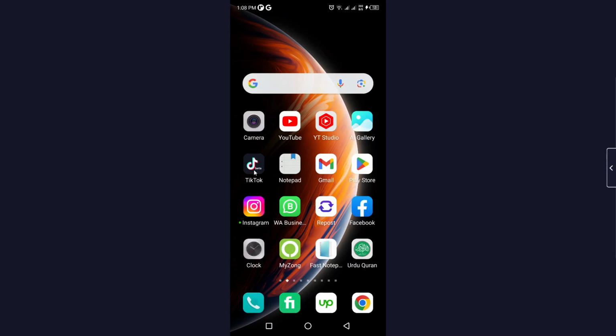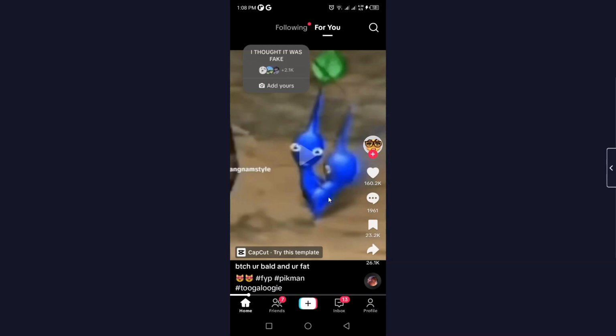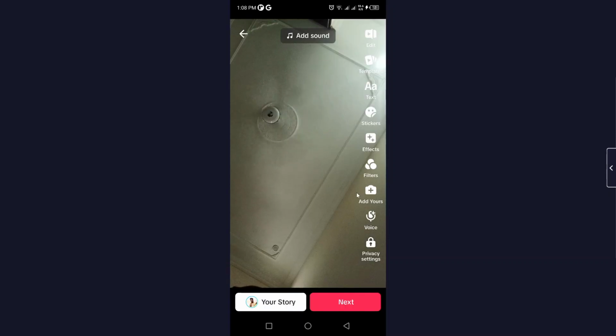So the first step you simply need to do is to open the TikTok application and click on Profile in the right bottom. And here you need to click on your draft videos. You simply need to click on that. And the first method is to screen record, but I do not recommend this. So you simply need to click on Next